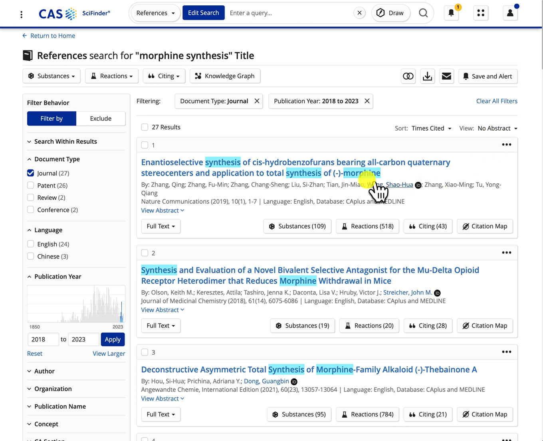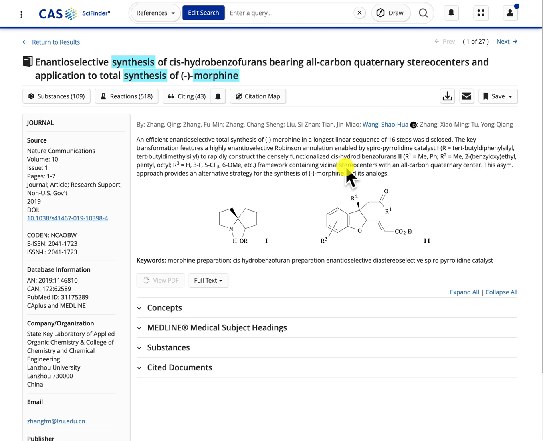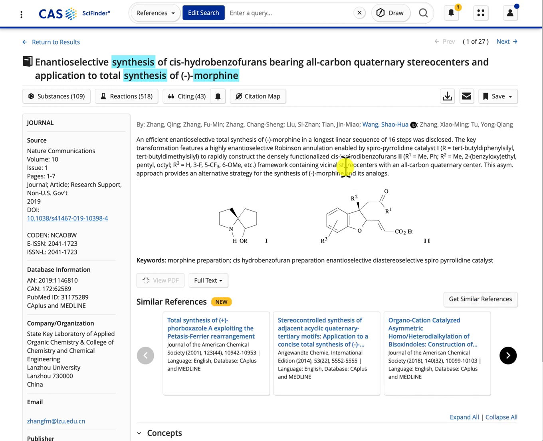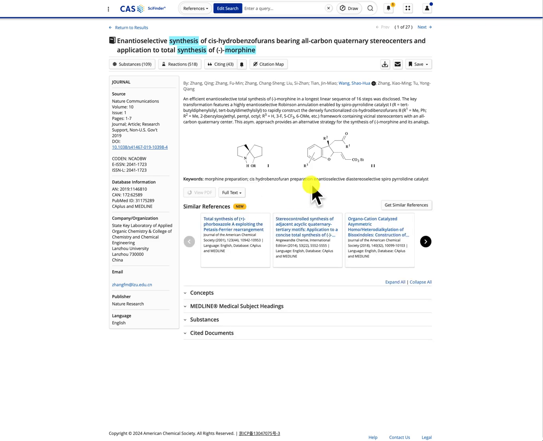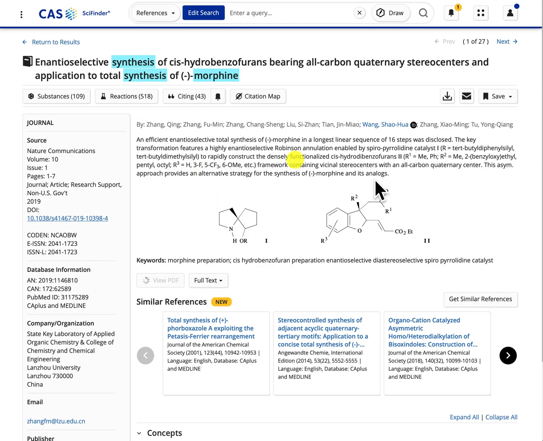Now if I click on the title of a document which is linked, I will go to the document record. This is where the database has found the keywords and the parameters that I've originally placed in my search strategy. You can see the abstract in the center, and on the left side you have some information